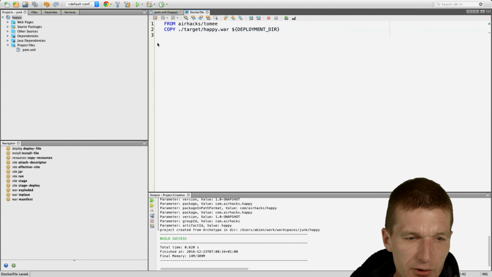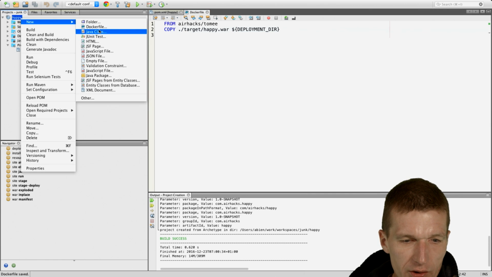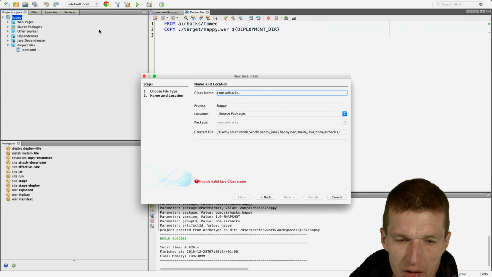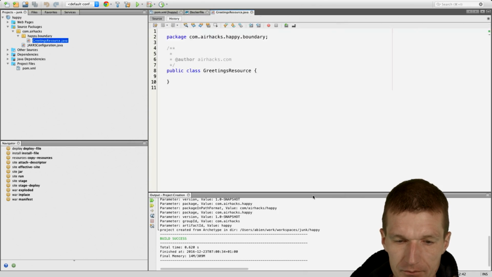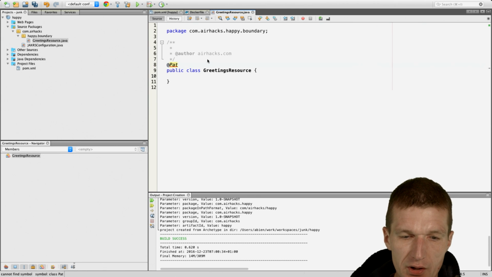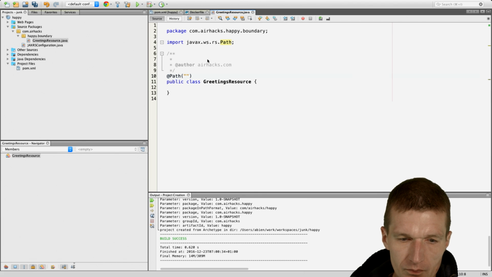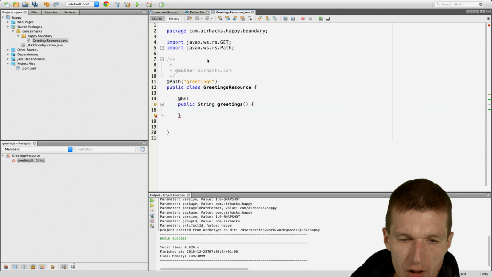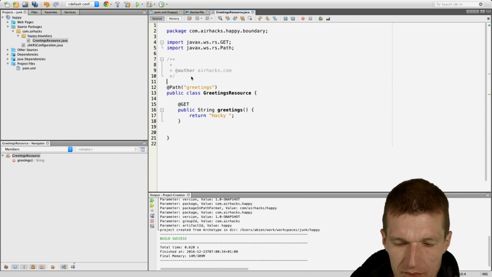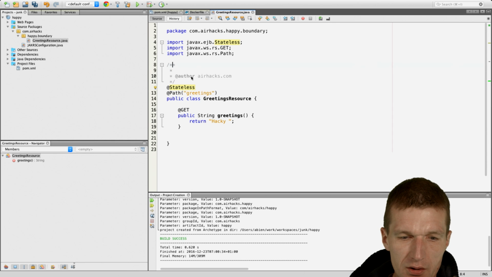So now it should be deployed. And we need a little bit of business logic. So let's create a component. So this is happy boundary, GreetingsResource. And I will expose that as greetings. Greetings, of course, lowercase, and greetings get, and return Hacky. So we have that, and this should be, of course, an EJB, a little bit monitoring, so